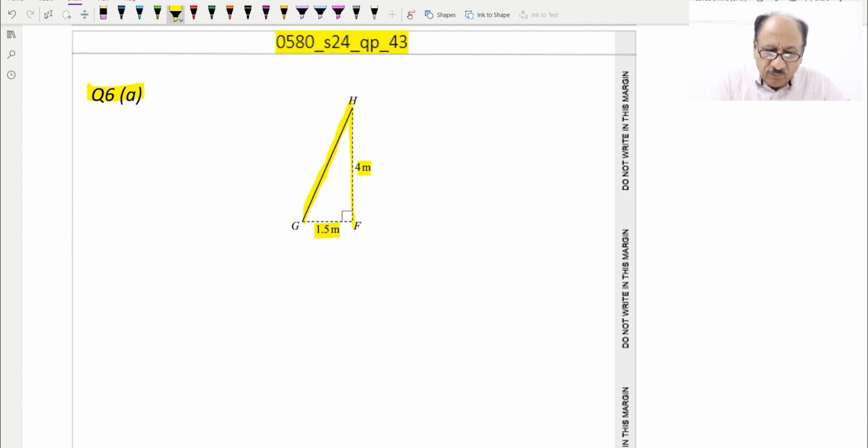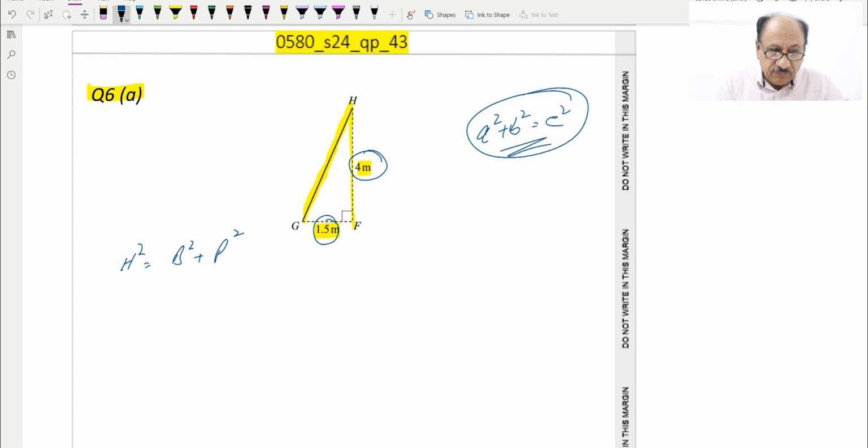So hypotenuse we need to find, and it's a right angle triangle. So we can find it by Pythagoras theorem. Perpendicular is given, base is given. So by Pythagoras theorem, hypotenuse square is equal to base square plus perpendicular square, or you can write a square plus b square is equal to c square. Generally students are memorizing like this one, so you can refer to this. And then if we need to find hypotenuse, we can write GH, and GH will be equal to